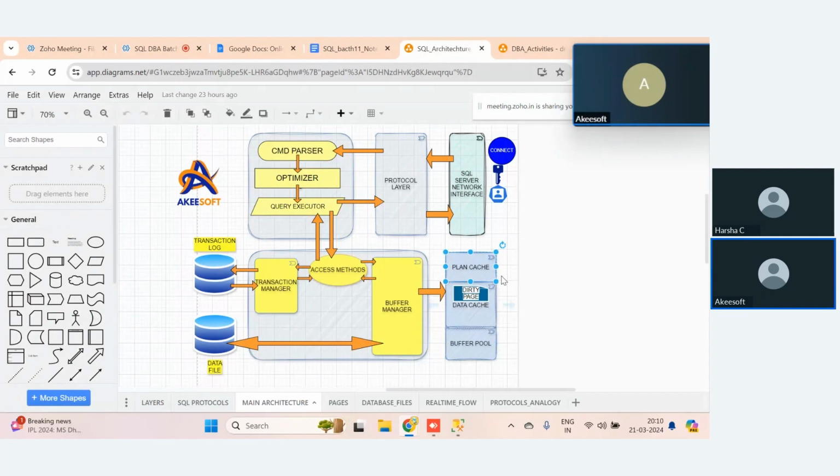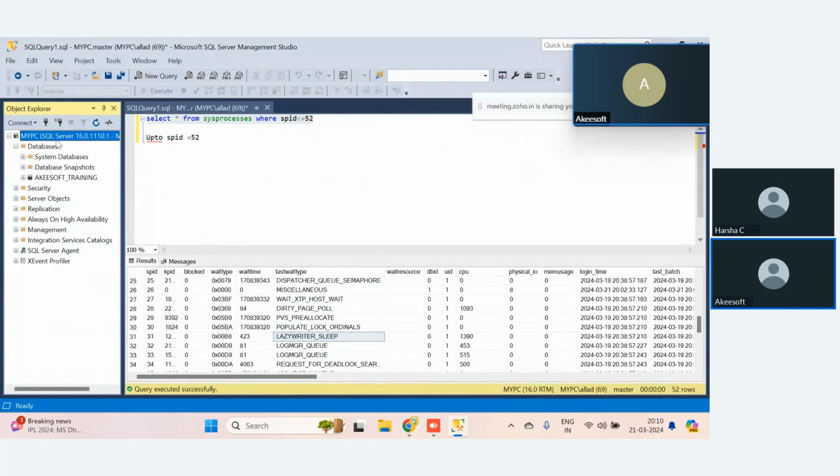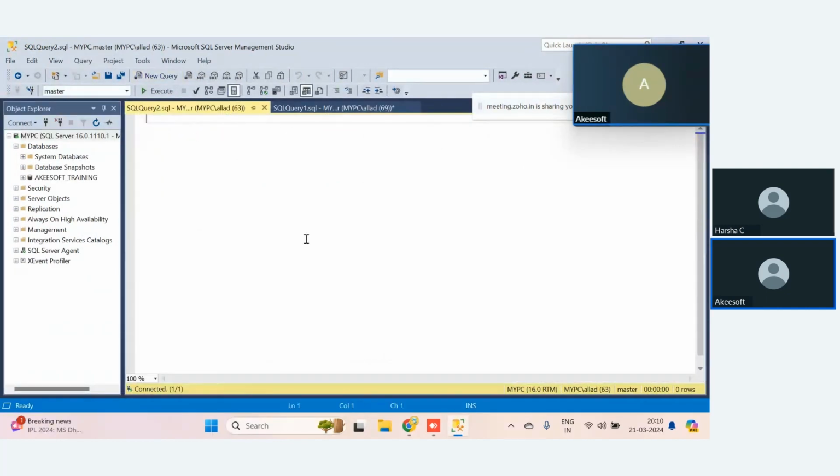So this is plan caching. And as I told, this is a protocol layer. This is a relational layer. This is a storage layer. The storage layer is a place where it stores the data. Select star from